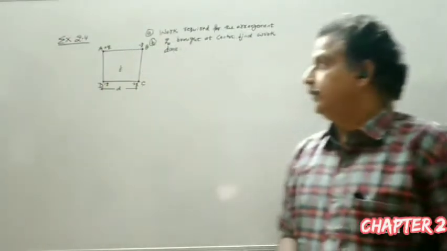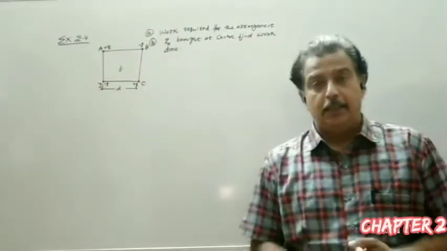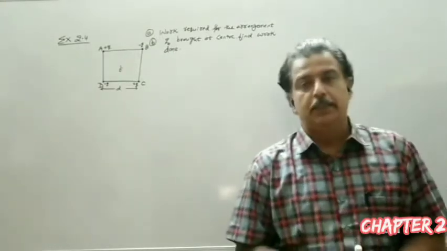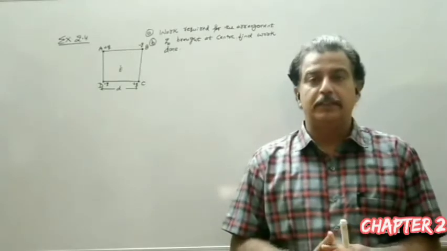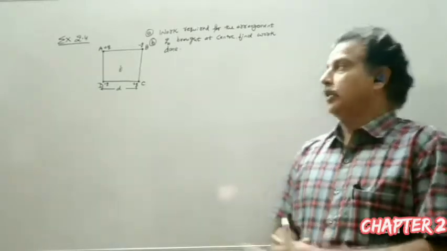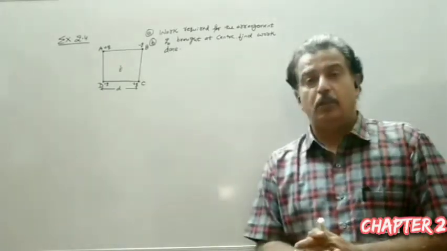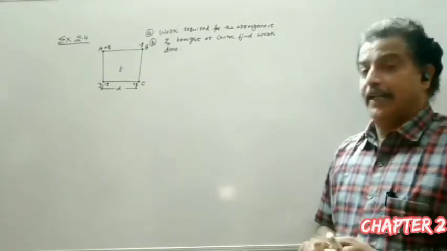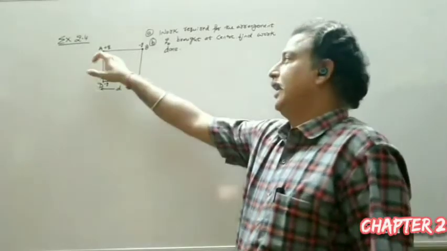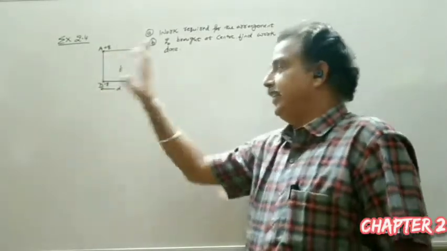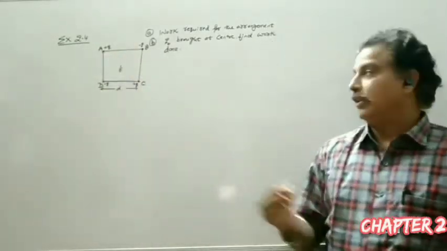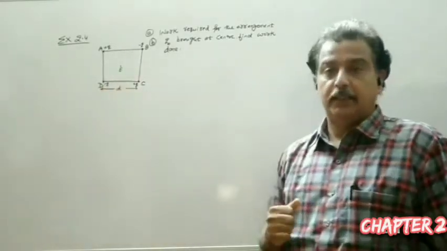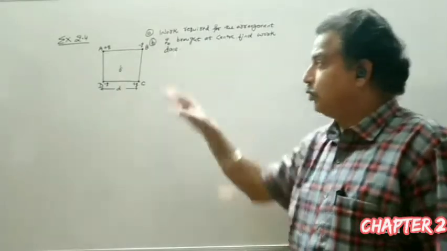Hello students. Now let us solve an example related to our previous topic, potential energy of the system of charges. This is the direct application of that theory. The question is, we have to arrange 4 charges at points A, B, C, D, that is the vertices of a square having side length D. So you have to make up this configuration.